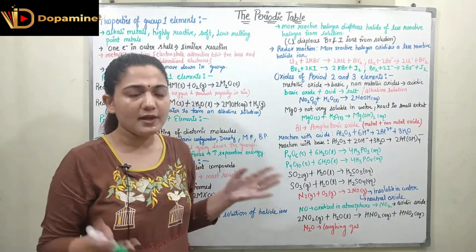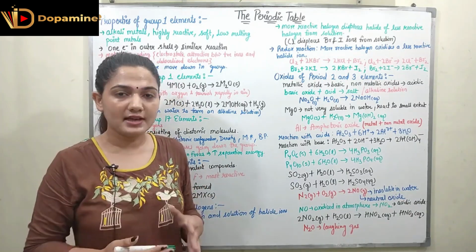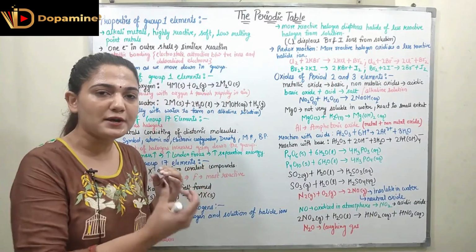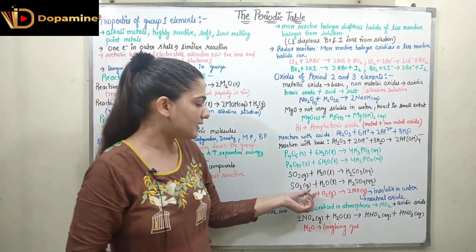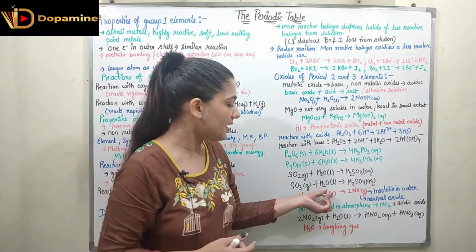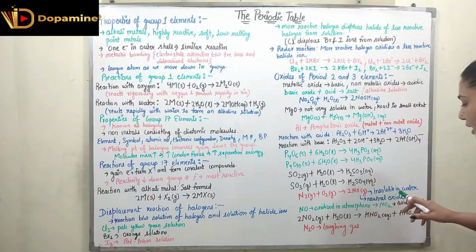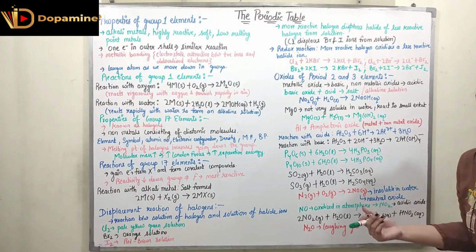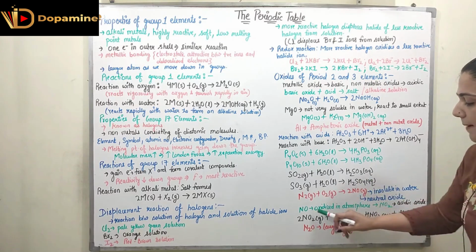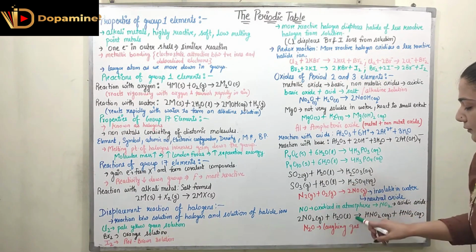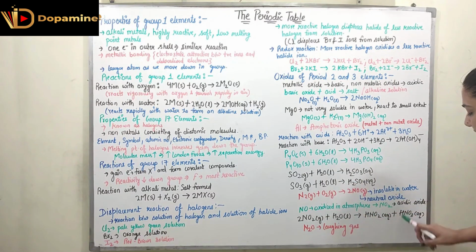Coming to nitrogen. Nitrogen is a very stable molecule. So N2 here is very stable. The attraction between the two nitrogen atoms in N2 is very strong. So it can react with oxygen that is present to form 2NO, right? But this happens at a very high energy, right? Now this NO is insoluble in water, and it is also a neutral oxide. But in the atmosphere, what happens? This NO is going to oxidize to form NO2, which is an acidic oxide. So 2NO2 is going to react with water to form HNO2 plus HNO3.